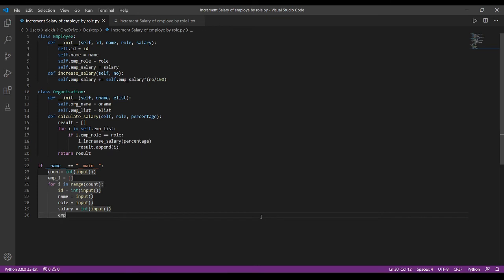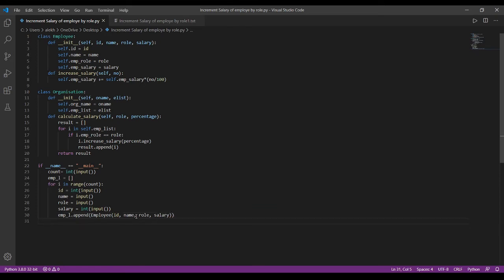Next employee_list.append of, here we created the Employee class. For this we are creating an object Employee of ID, name, role, salary.